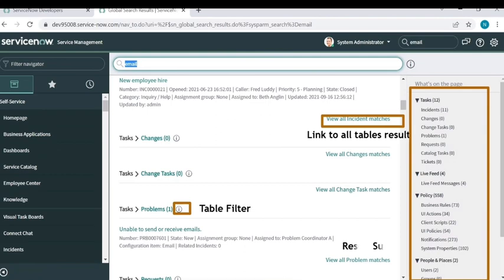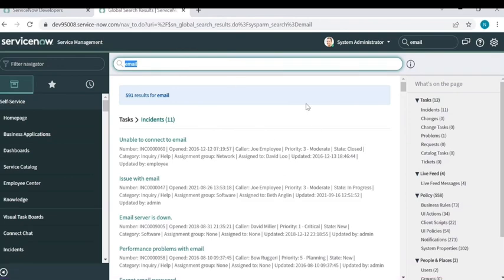The next one is result summary. The list of search groups and tables with the number of such results per group and table. Click the table name to display the associated preview list results. That's about global search. For example, if you enter the email and it will display all the results from all